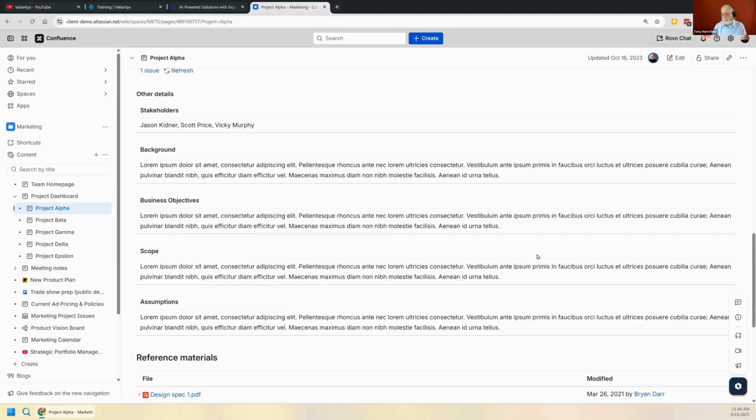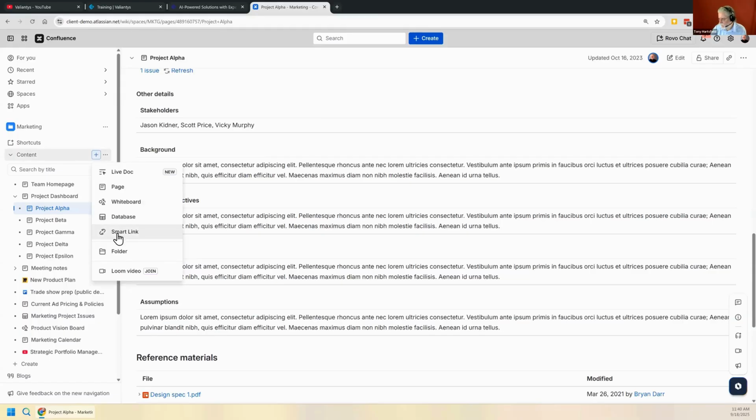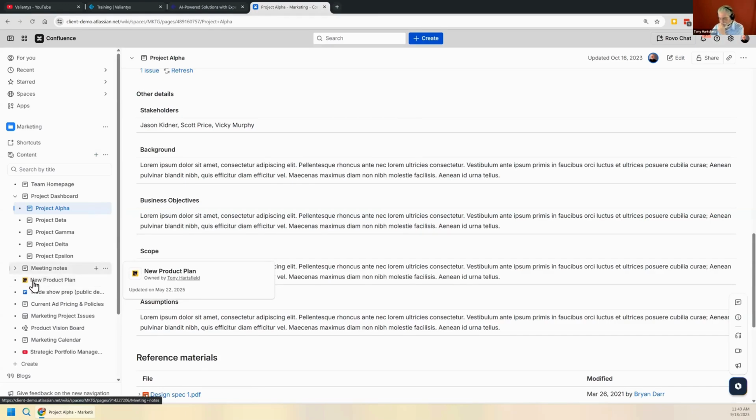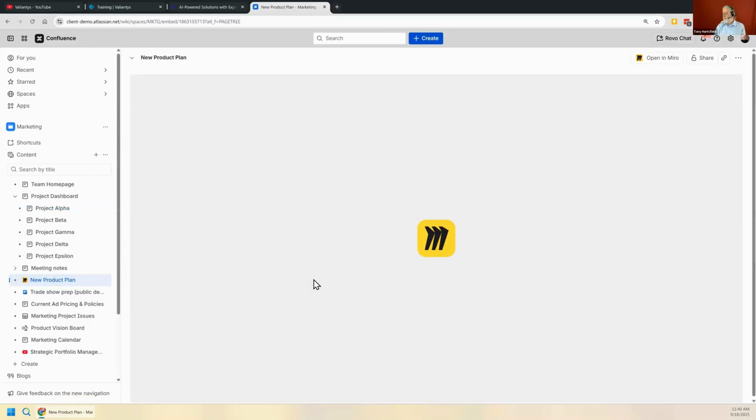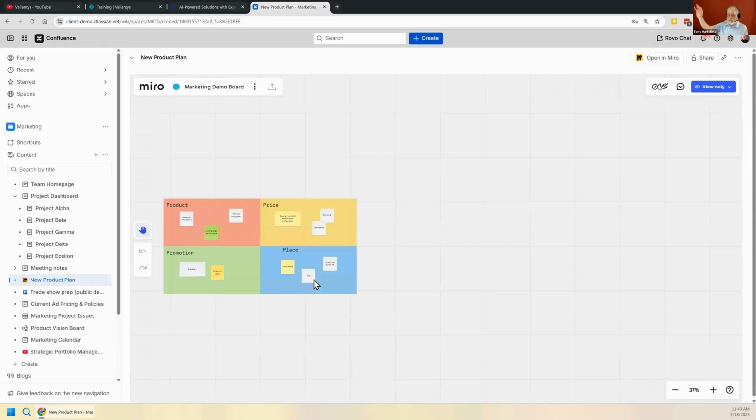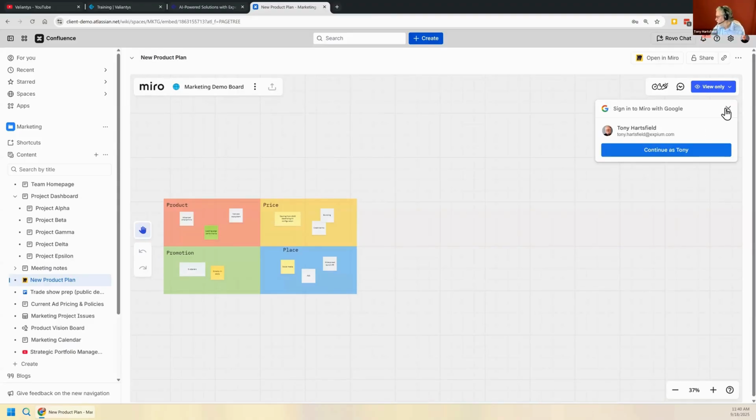Let me show you some other content types that you can have. These are using something called smart links. A smart link is this, where the entire position in the space is that particular content. There are all kinds of things that you can have smart links to. If the external link has an external view option, then this is where you can do it. So this is a Miro board. We love Miro, but I'll next show you that